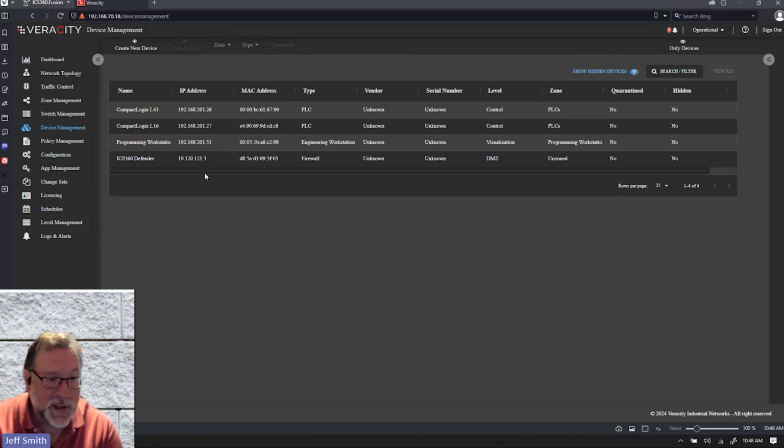IP spoofing, there's nothing in this network that prevents IP spoofing because you can't really prevent IP spoofing because there's nothing to an IP address other than it shows up in a table in the network. MAC spoofing is an actual thing. And with the controller, it fingerprints the device. So in the case of a Rockwell PLC, for example, we can pull the serial number, the firmware revision, the product codes. So there's a number of pieces of information we get that are all part of the fingerprint of that device. And so when we see that device on the network, we validate it against that known, quote unquote, stuff that we've learned. And so we can prevent that from happening.